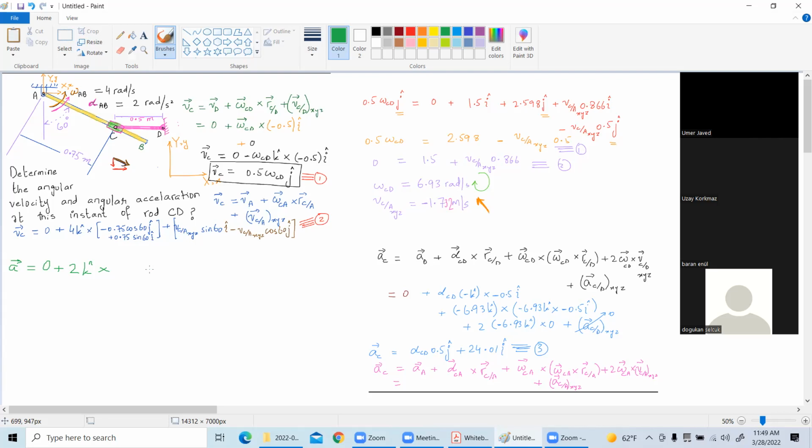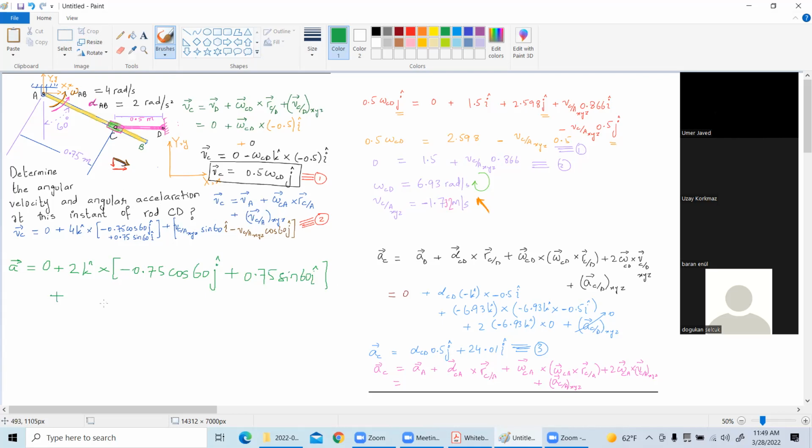Okay, there is a student who said I will answer his question. Very good. Who said that? Good. So we will have multiply by the position vector of C with respect to A, which is -0.75 cosine 60 J plus 0.75 sine 60 I, right? Then you close the bracket. Then position vector of C with respect to A, done. Then put plus